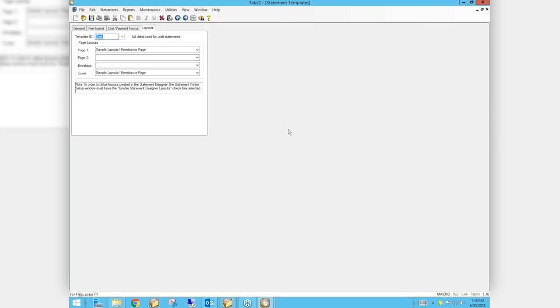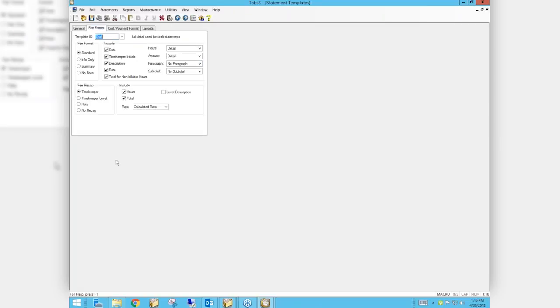And then we have fee format. Got a little more detail here. You've got standard, which just bills your fees. You've got info only, which shows your fees, but doesn't consider them to have been billed that period. Who would use that? Contingent firms, plaintiffs firms. If you're going to list all the good stuff you're doing, and then next month you're going to list more good stuff, but still list the stuff you listed before, and that bill's just going to keep growing and growing and growing, you're going to use an info-only format. You want to show them what you're doing, but you're not really billing for it. So an info-only format is